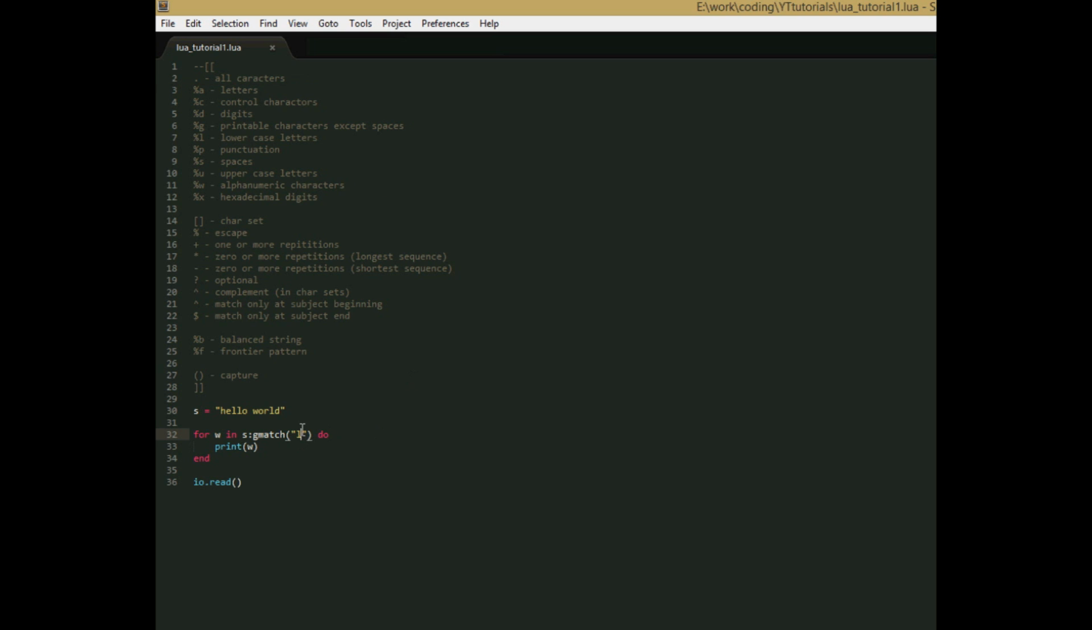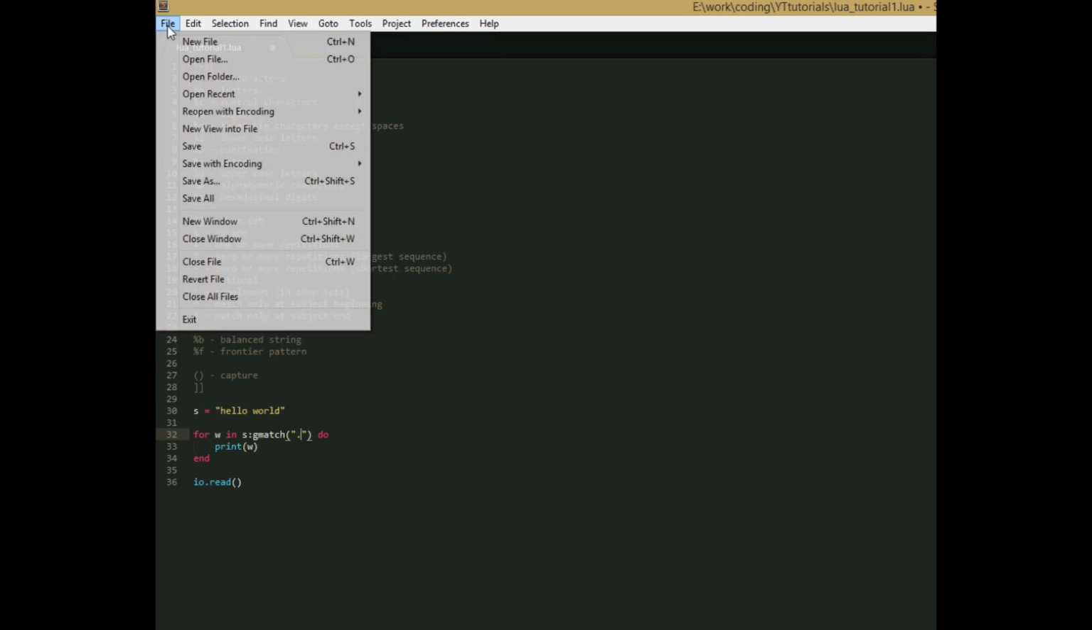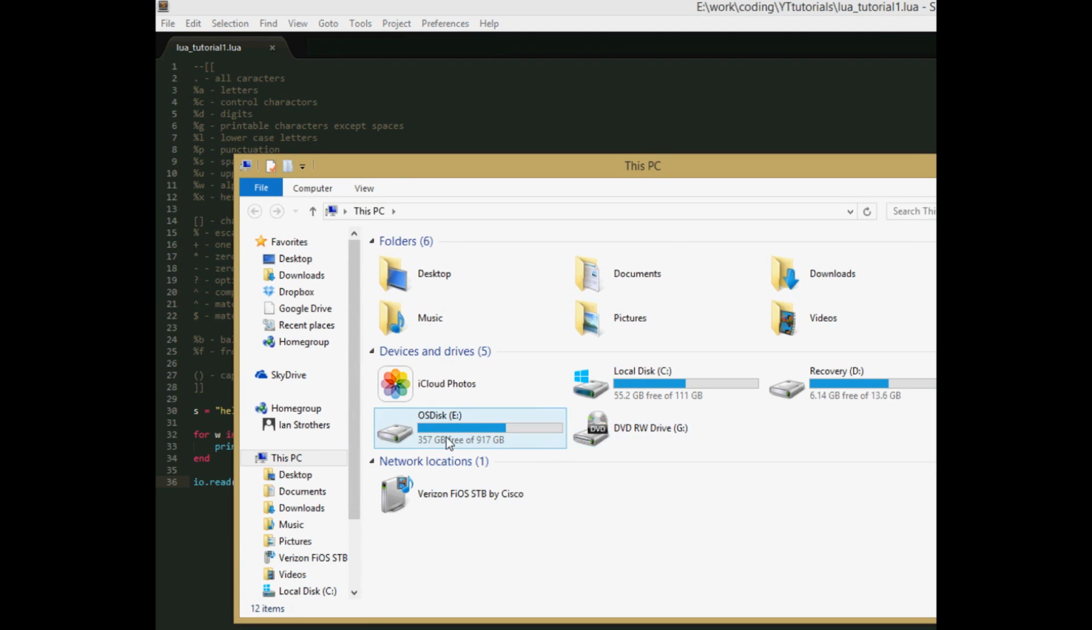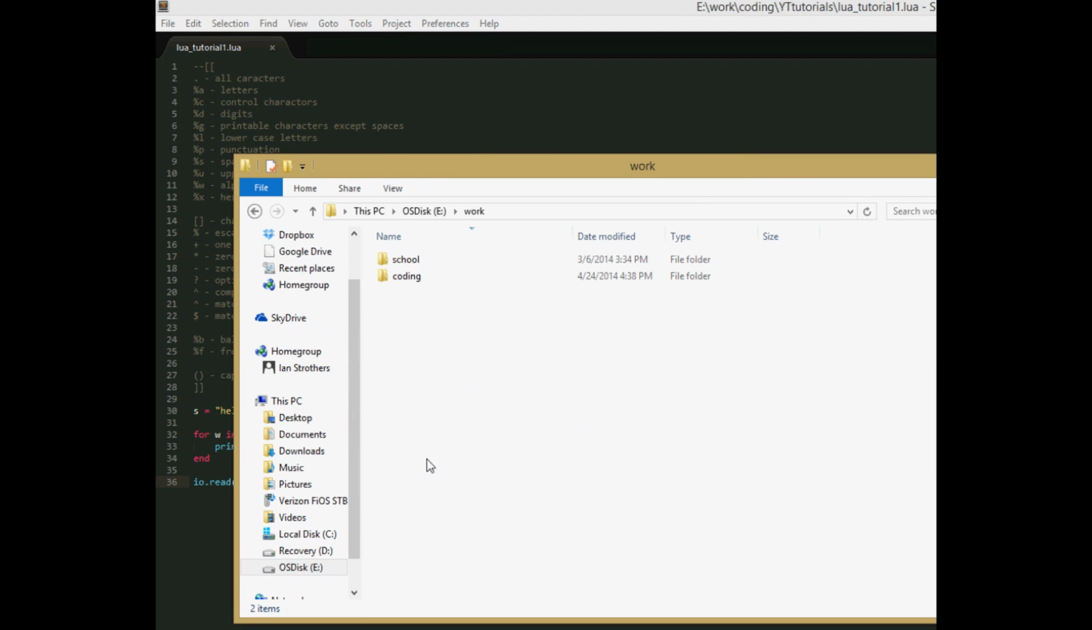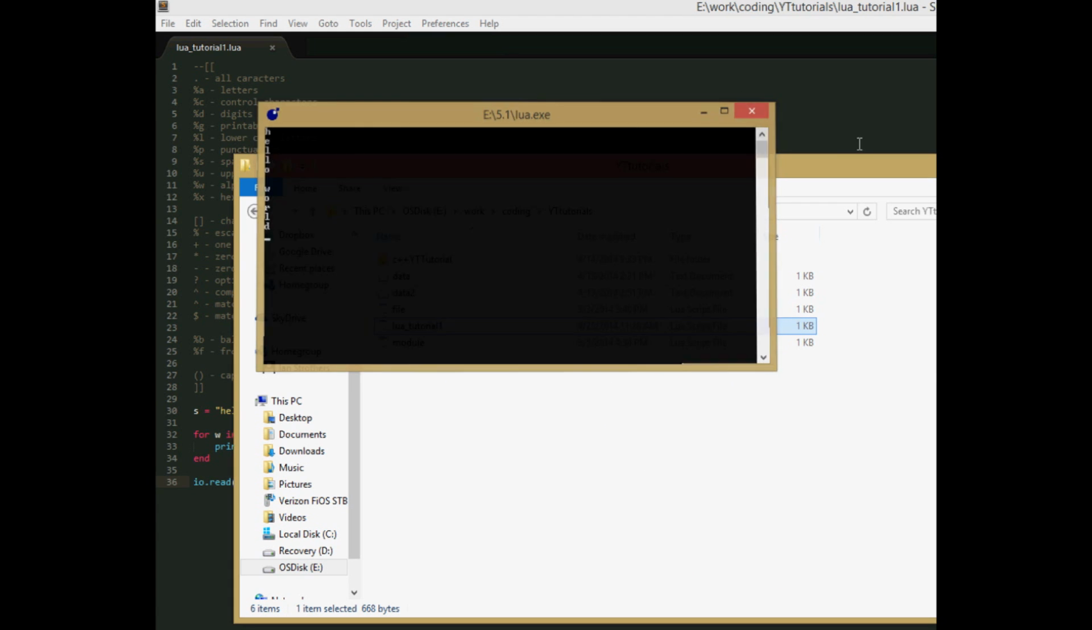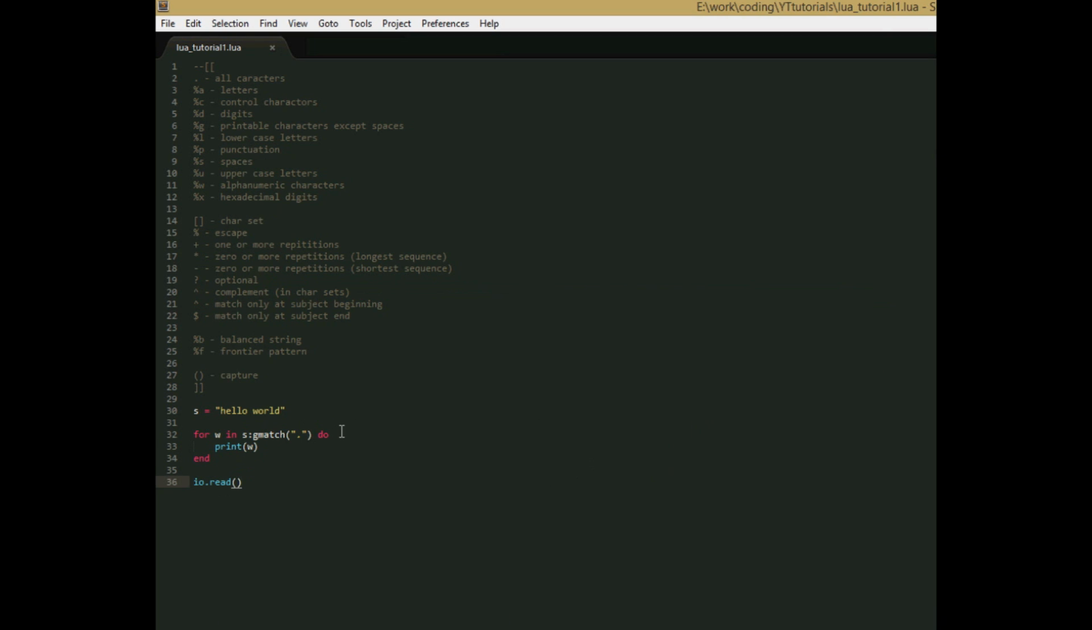So if we said string.gmatch and we just said dot, and we saved it, we go to our file and run it, and we get hello space world. So what we've done is we've just iterated over every character in the hello world string. So this one codes for all characters, and then the other ones, there's this one, %a, that codes for all